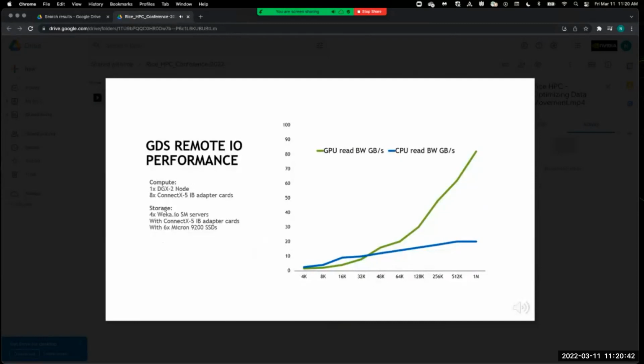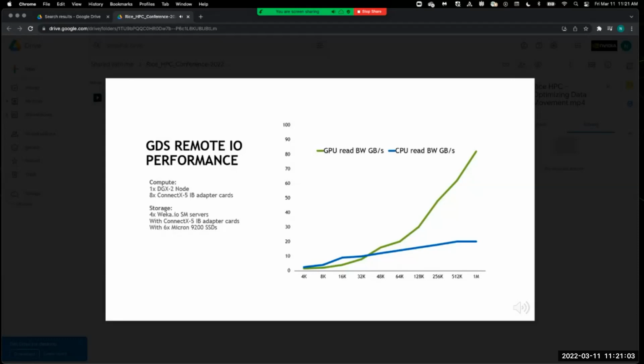Up to 32K message size, there really is no advantage, but after that, you can clearly see growing throughput advantage with GDS, delivering double the bandwidth at 128K, triple the bandwidth at 256K, and almost quadruple the bandwidth starting